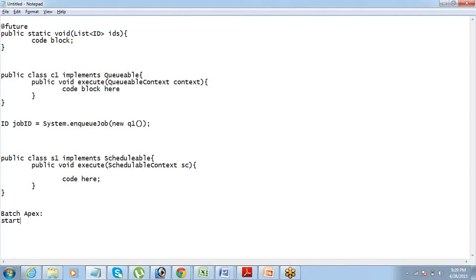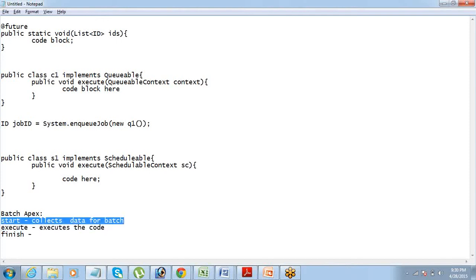One is a start method, which collects data for the batch. Then there is an execute method, which executes the code, and there is a finish method. So this is the actual execution.